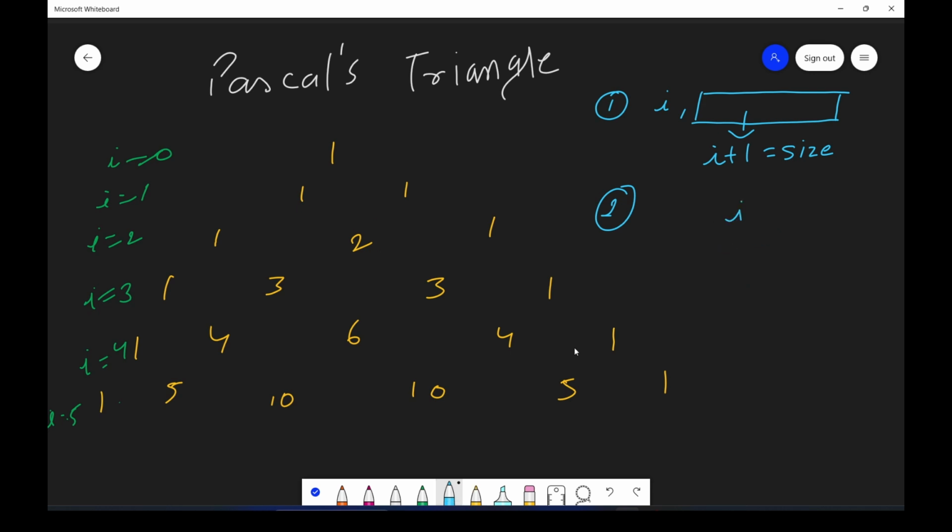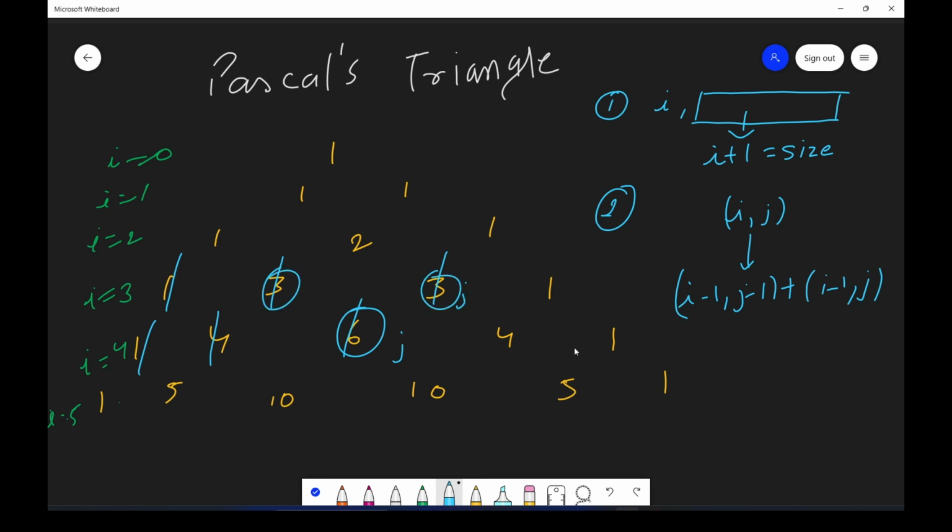The observation was I comma J is made of I minus 1, J minus 1 plus I minus 1, J. You can check this also. If this is the third column, it will be this and this, which will be J minus 1. So 3 plus 3 will be 6. You can try other values also in this triangle.